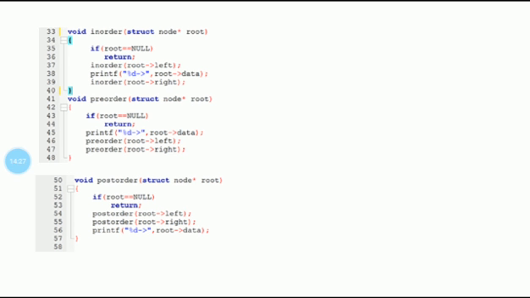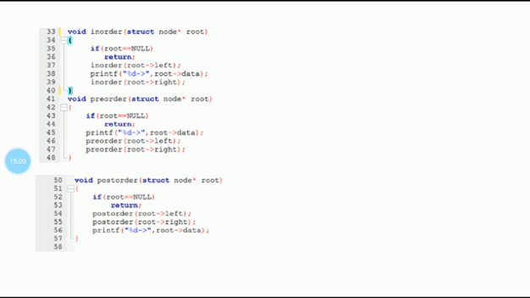Here, we know the notations. With the help of notations, we can easily write the code. That's what I am saying. In the pre-order traversal, if the tree doesn't exist, there is no need to perform the pre-order traversal technique. Otherwise, we know the notation: root, left, right. So display the root value, then traverse the left part and traverse the right part. That is the last two statements here. Pre-order left and pre-order right mean we have to traverse the left part in a pre-order way, and we have to traverse the right part also in the pre-order manner.